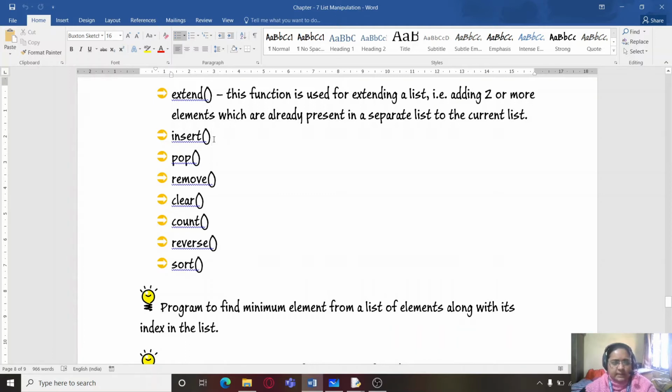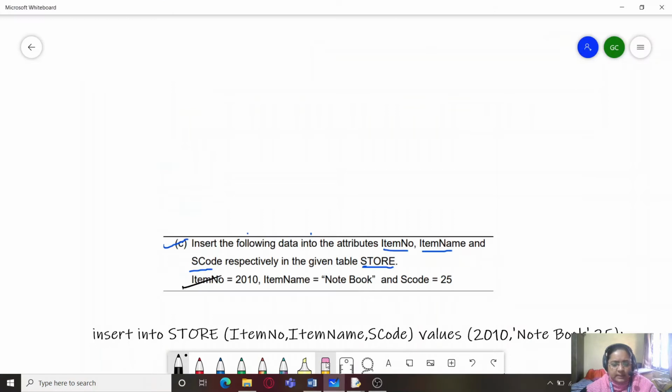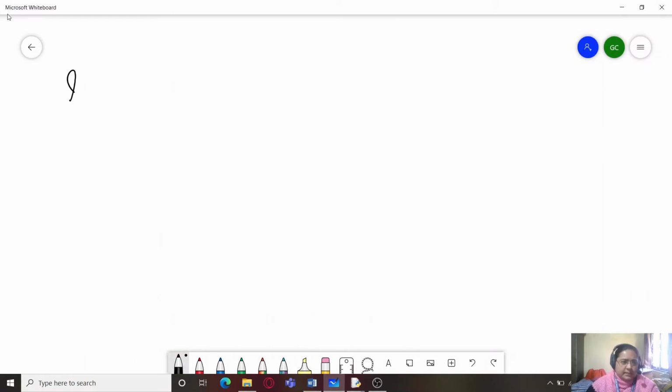Now this insert function is used to insert a new element into a list. Its format is somewhat like this: list object dot insert, position and item.